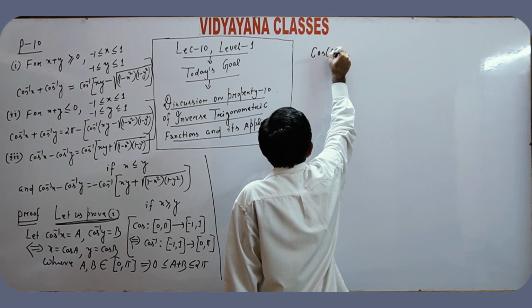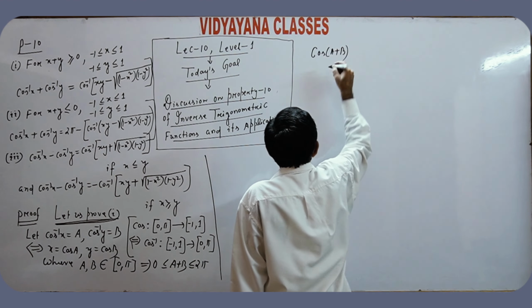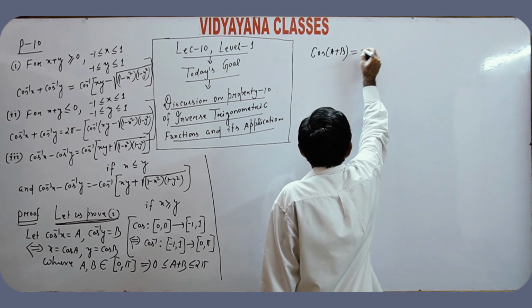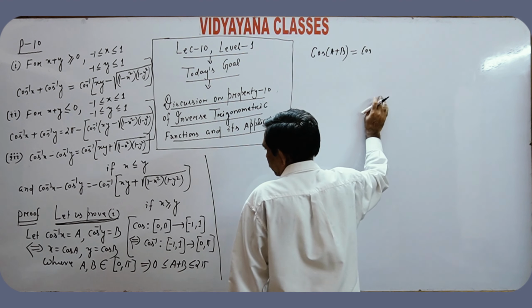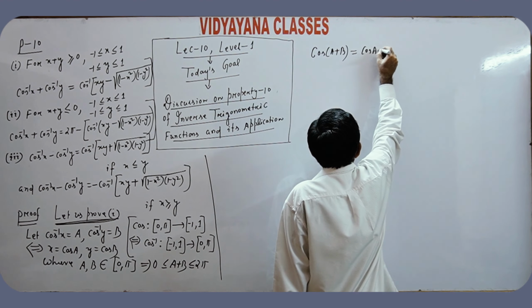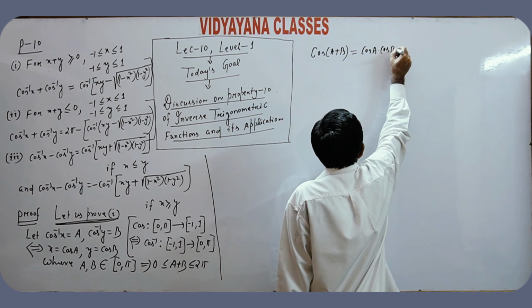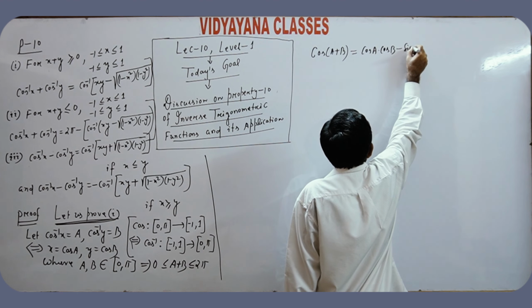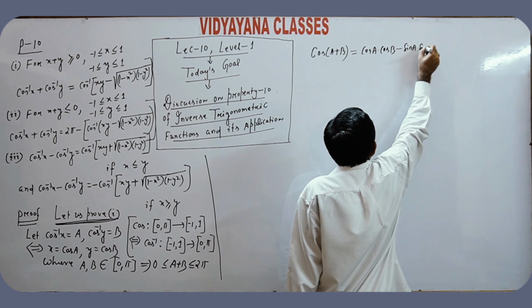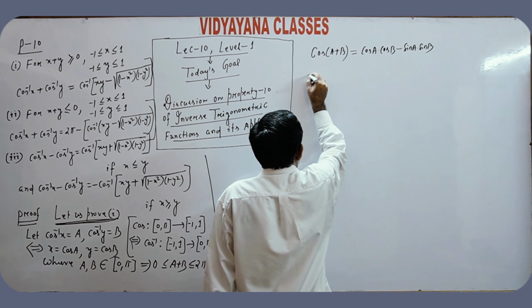Cos(a+b) is equal to cos a into cos b minus sin a into sin b, which is the same as